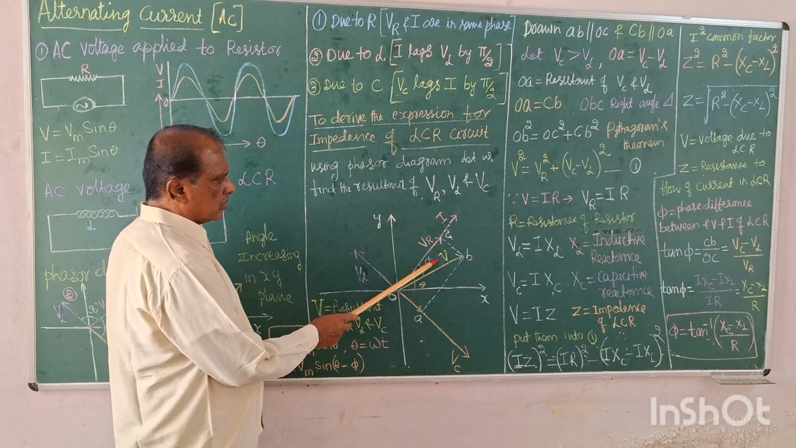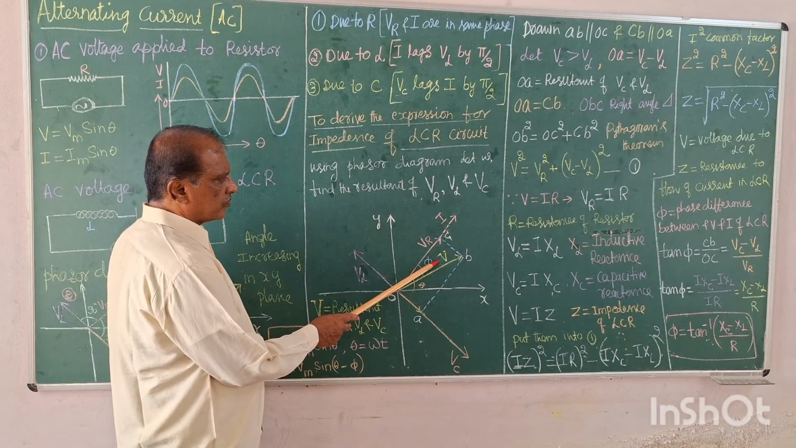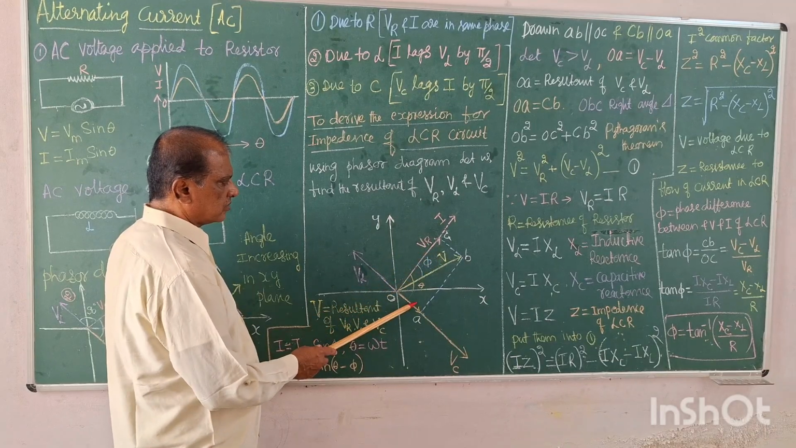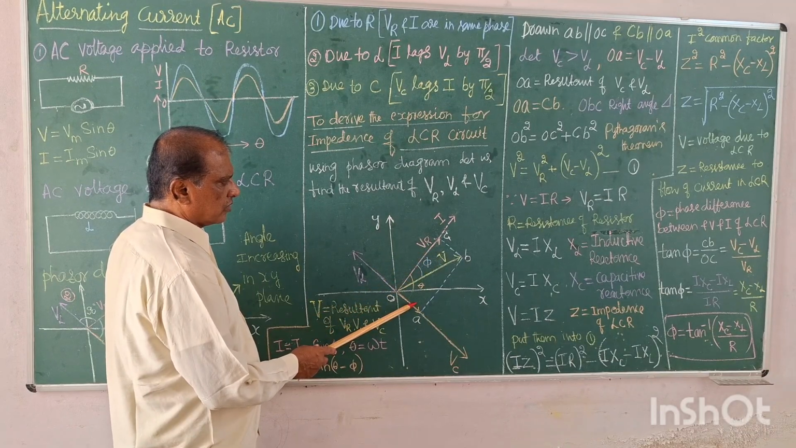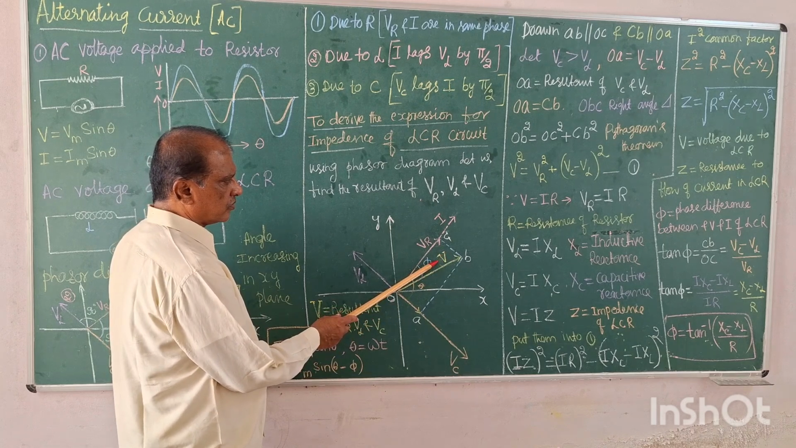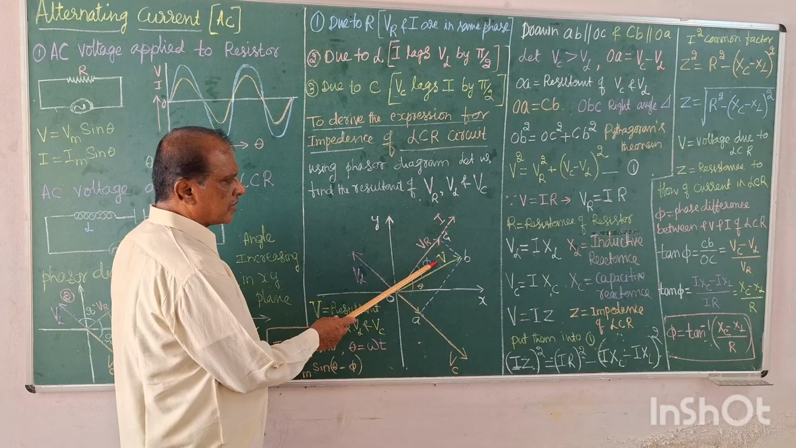And overall, what is V? This is how we can find out the resultant of all these vectors. This is how we find the voltage in the LCR. You have to evaluate mathematically V